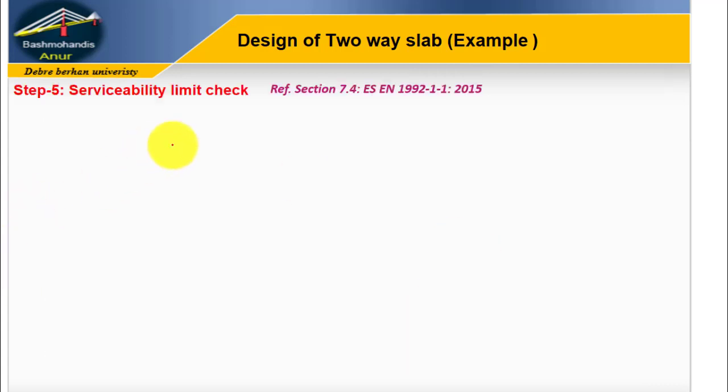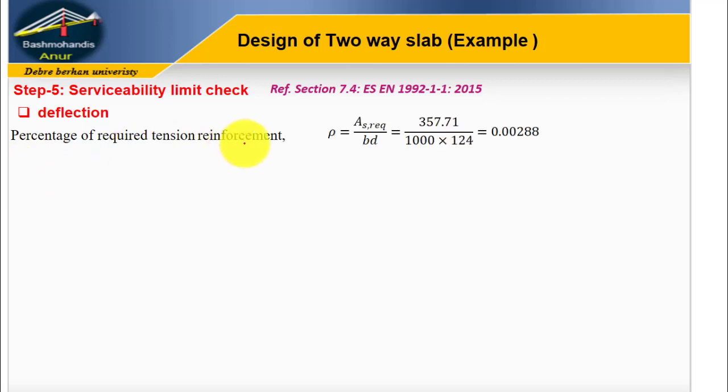Okay, step 5 is the serviceability limit check. You can find the details in the Ethiopian Standard, Section 7.4, where there are formulas. The first serviceability limit check is deflection. We have to calculate the percentage of required tension reinforcement, rho. Rho equals AS required divided by B times D. Using this formula, rho comes out to